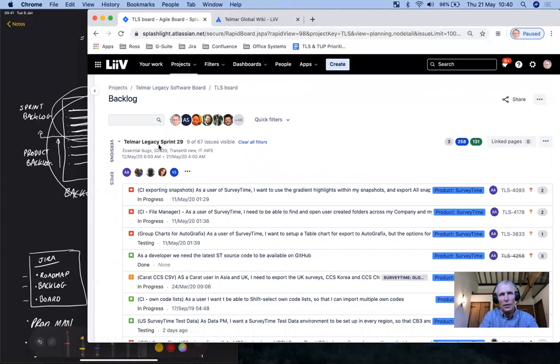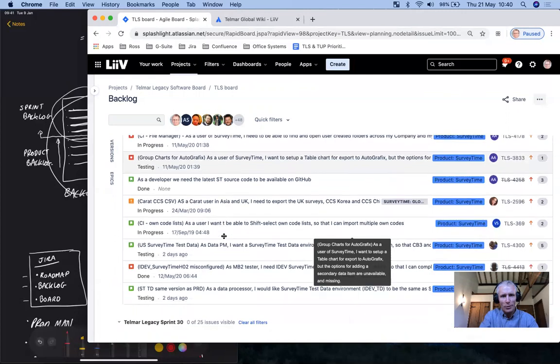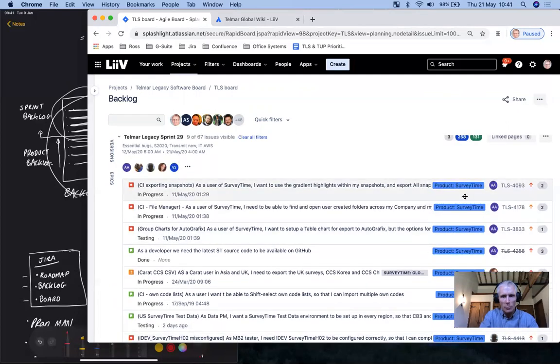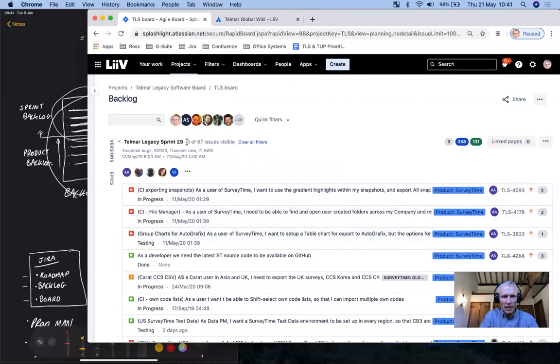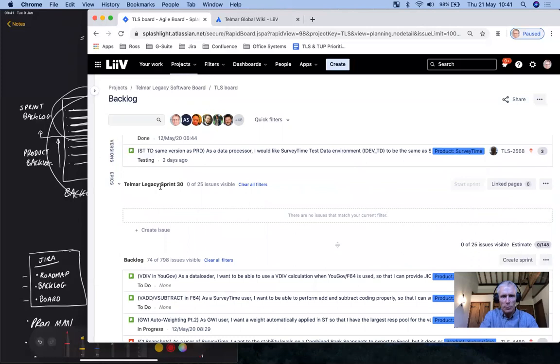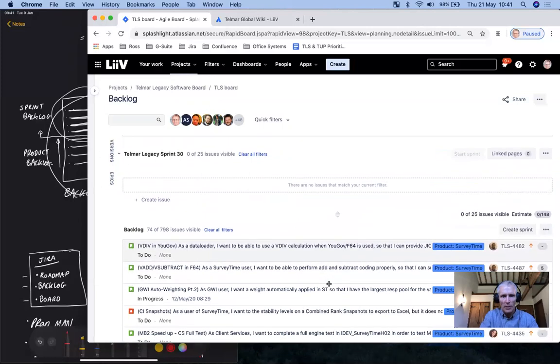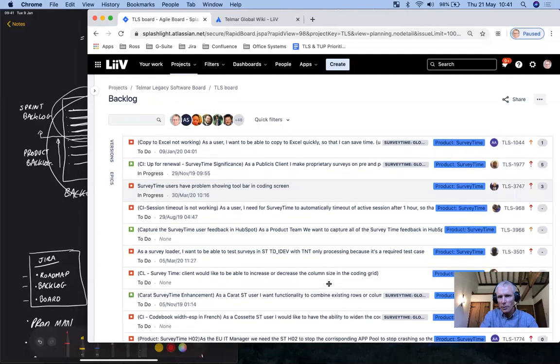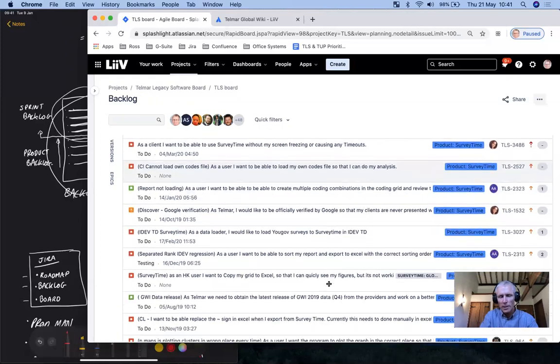It's filtering, in fact, the entire backlog. So it's filtering the sprint backlog and the product backlog by this epic. So I can see that in the current sprint, we've got 9 issues, or stories, bugs, story discoveries, collectively just issues, or generically just issues. 9 of those out of 67 are related to survey time, but we can also look at the backlog. So we've got nothing scheduled for the next sprint as yet, but some of these things might move up. And in the backlog, there's a whole ton of stuff that we know about, but which at the moment isn't priority.